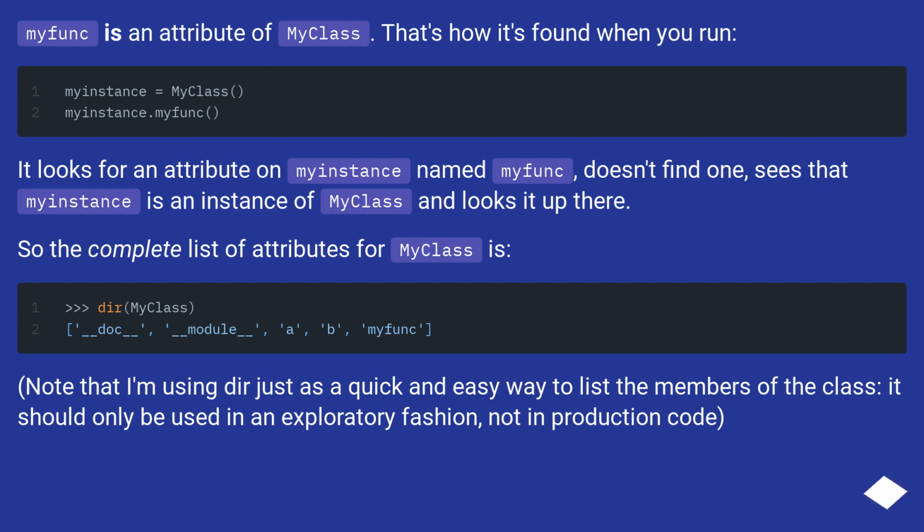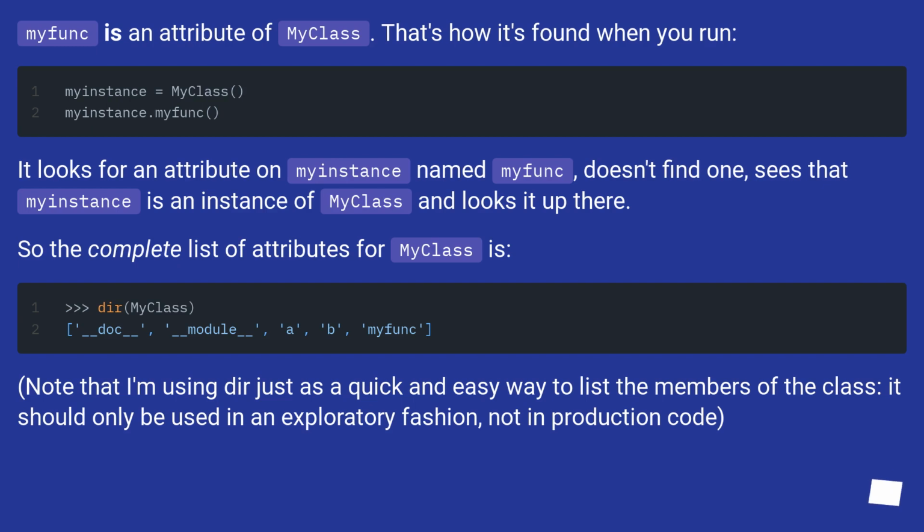myFunc is an attribute of myClass. That's how it's found when you run it. It looks for an attribute on my_instance named myFunc, doesn't find one, sees that my_instance is an instance of myClass and looks it up there. So the complete list of attributes for myClass is: